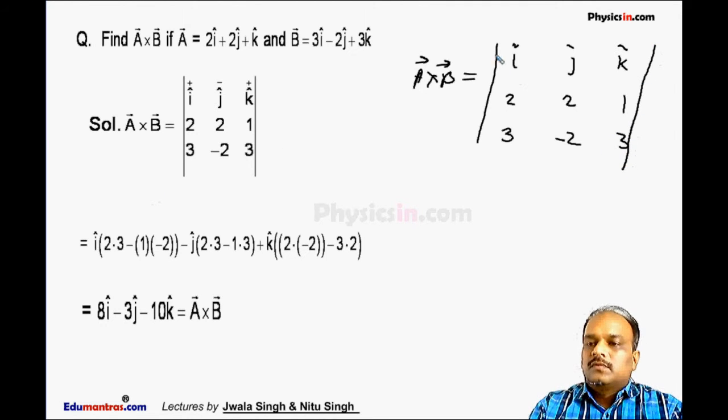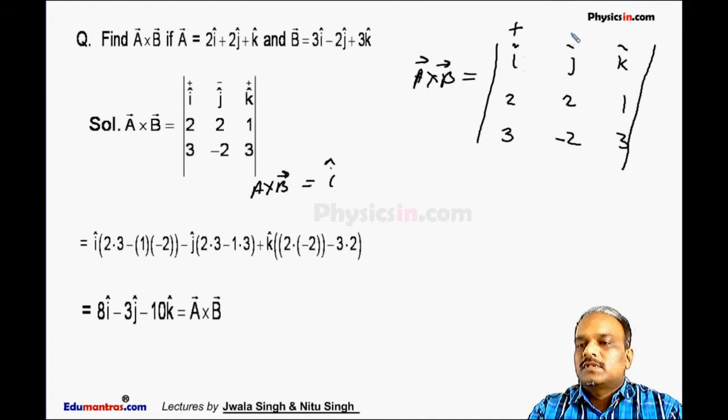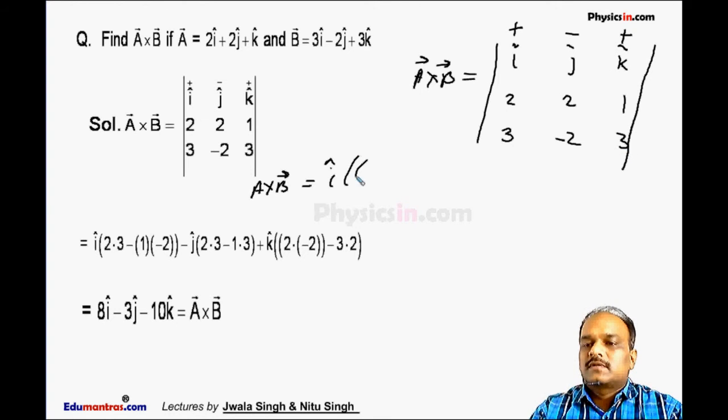Now first I will take i cap, substituting. A cross B is equal to, this is positive, this is negative, this is positive. i cap, I will leave this row and this column. So it is 2 into 3, that is 6, minus 1 into minus 2 is minus 2, so it becomes plus 2. Plus,